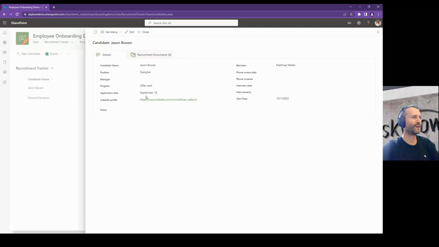That's what we showed in the previous webinar about our form designer. We have one action here on the top. Those are so-called command bar actions. We can add as many as we want, and we can define what should happen in the background. The one where we have a little process behind it is set active and start the onboarding. What this is doing is it first sets the progress to active,